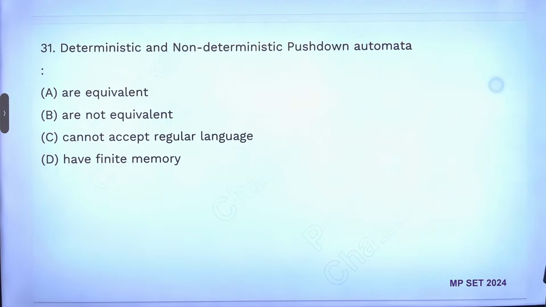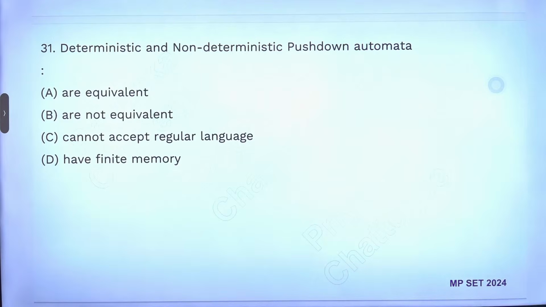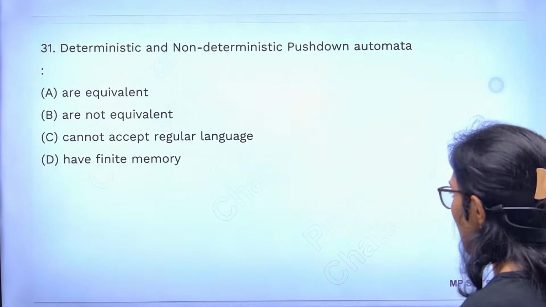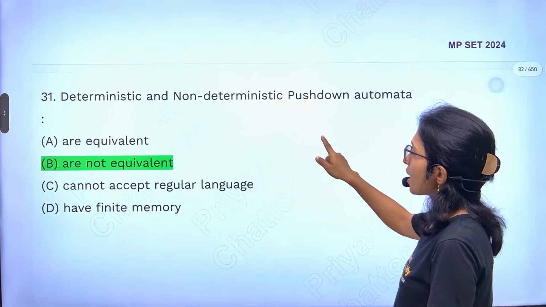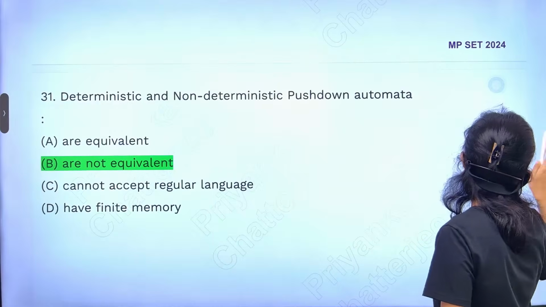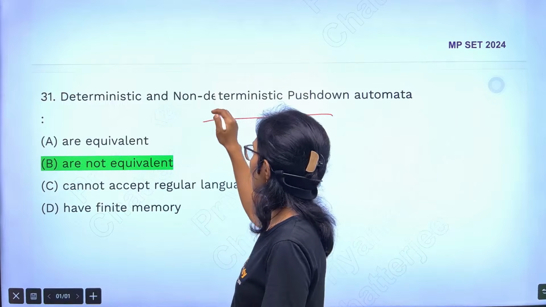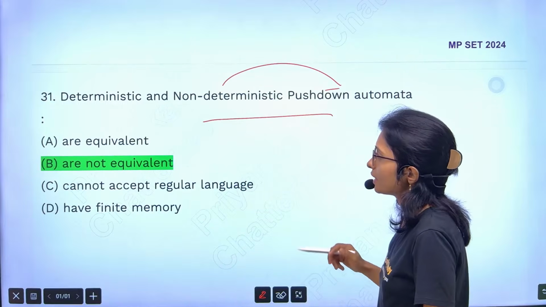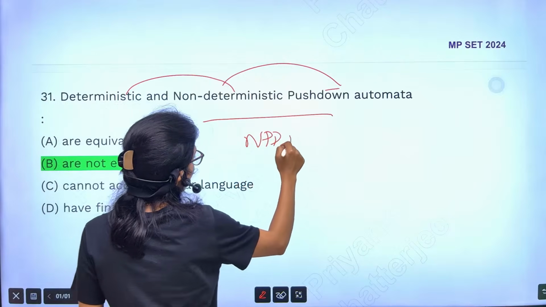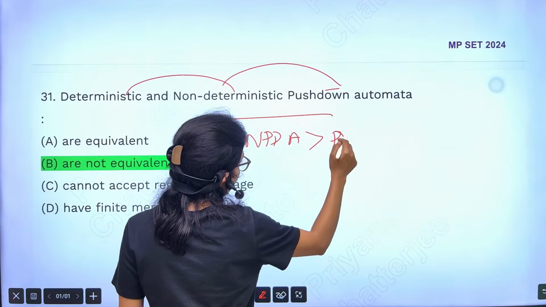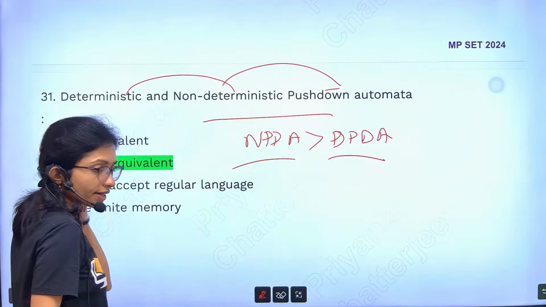Deterministic or non-deterministic pushdown automata, are they always equivalent? No, they are not equivalent, because the power of NPDA is more than the power of DPDA. NPDA power is always greater than DPDA, because here it is not able to find out that